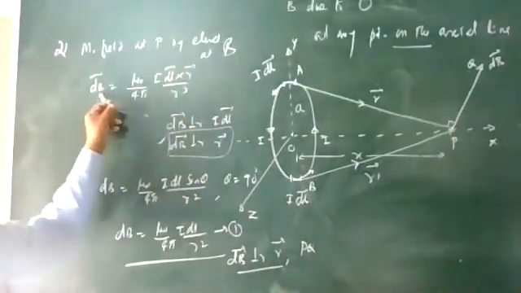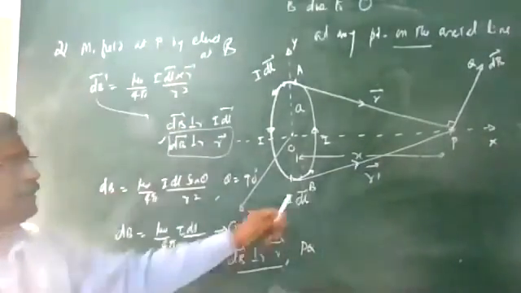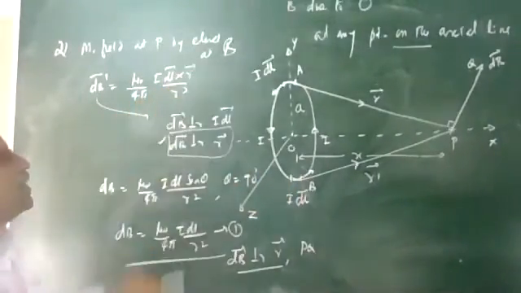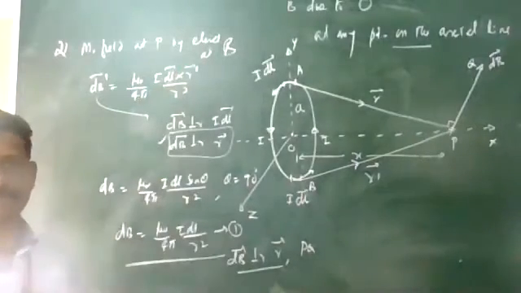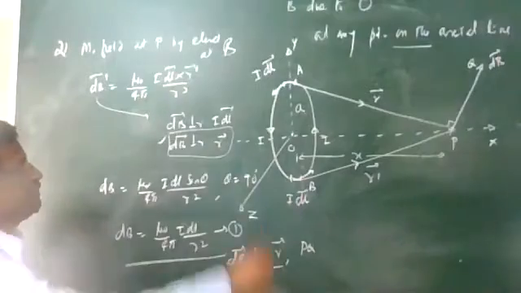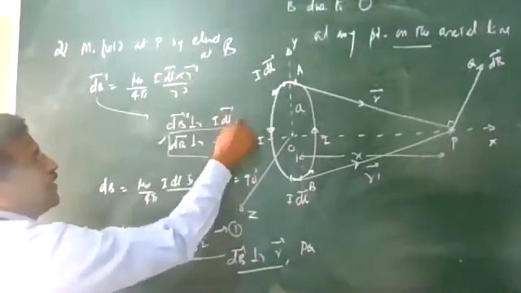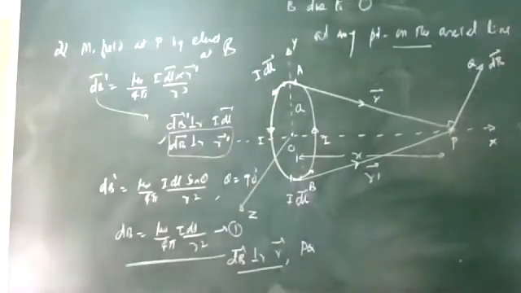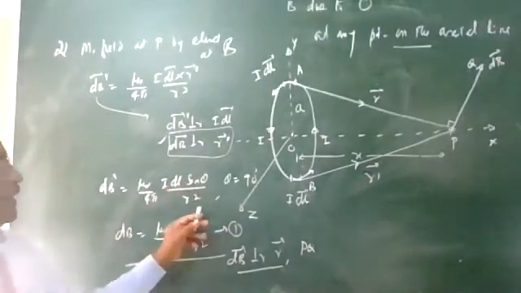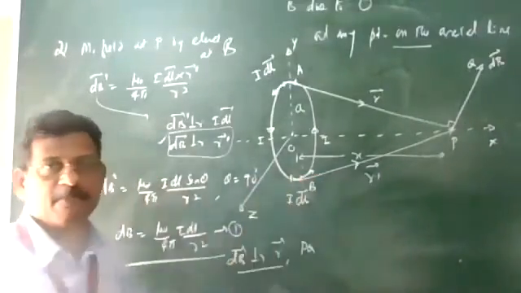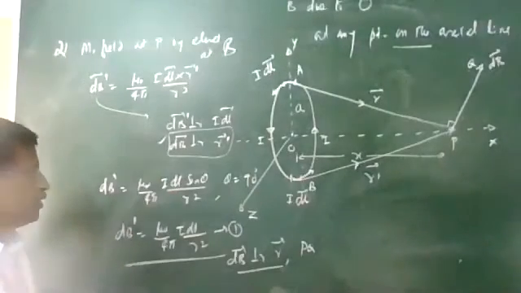So again, the magnetic field I am writing at point P by the element at point B is dB dash equals mu naught by 4 pi, I dl cross r dash vector divided by the magnitude of r dash cube. The magnitudes of r and r dash remain the same. So this dB dash vector is perpendicular to the I dl vector as well as perpendicular to the r dash vector. dB dash equals mu naught by 4 pi, I dl sin theta by r square, theta is 90 degrees because this is going inward. You can see that it is 90 degrees. So dB dash equals mu naught by 4 pi, I dl by r square, number 2.